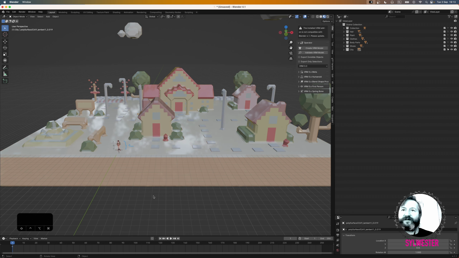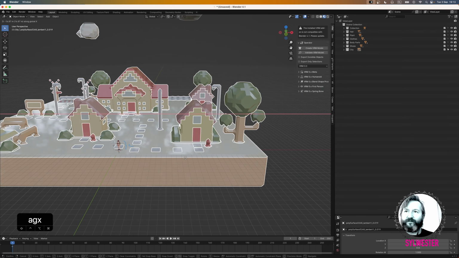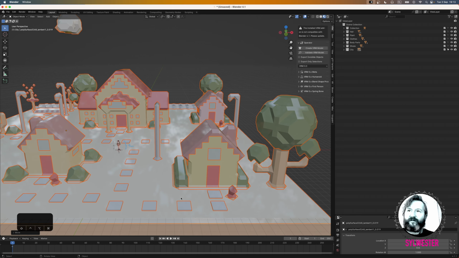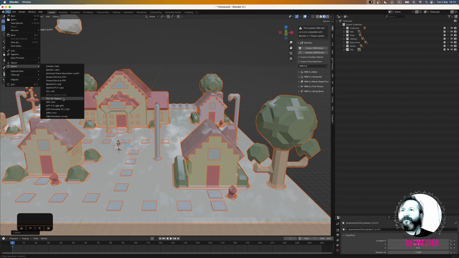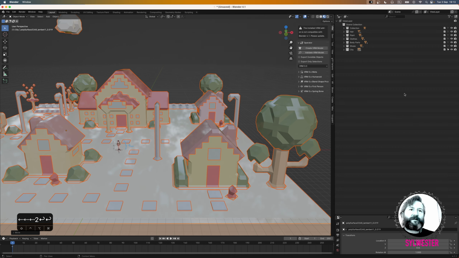So if you, for instance, want to change the location, if you grab the city and you grab by X, for instance, you would like to make 0, 0, 0 here, and if you now export it, morning Matilda town, let's say number 2,